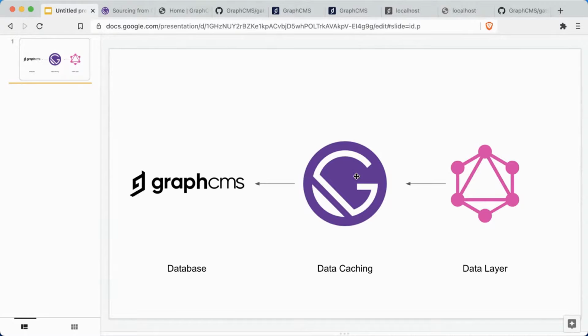Essentially the way that Gatsby works is ultimately you end up with this data layer that you can query content through. And then from here, that would query the Gatsby cache. And then when you build the site, Gatsby will grab all of the information from whatever database or backend or CMS you use and add that to its cache. So you make a query through GraphQL when you're building pages, that talks to Gatsby, and Gatsby ultimately talks to a database. So that's how that works. So we'll see